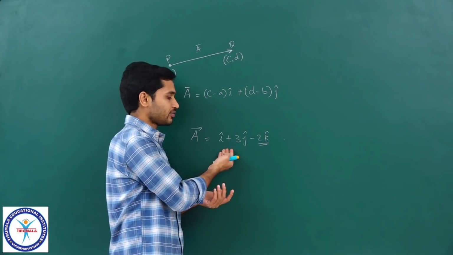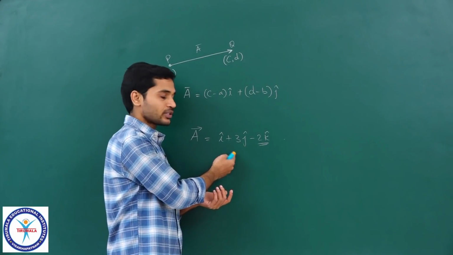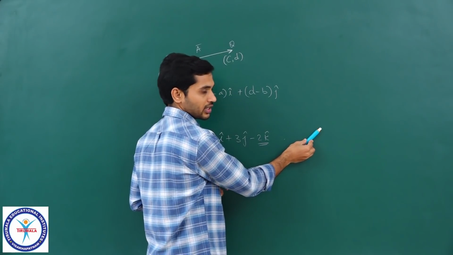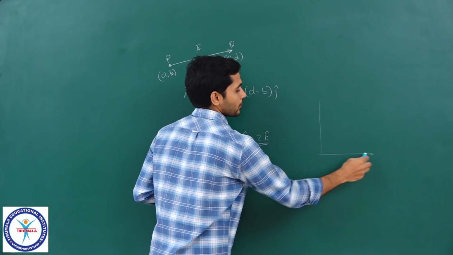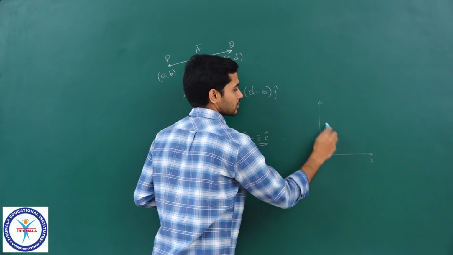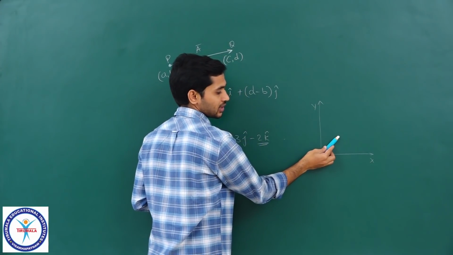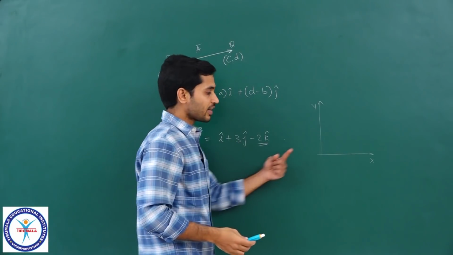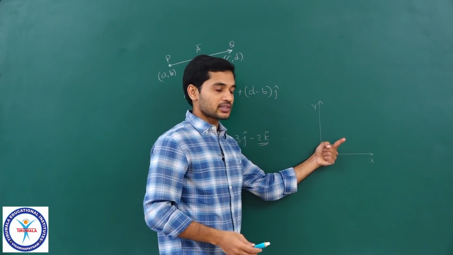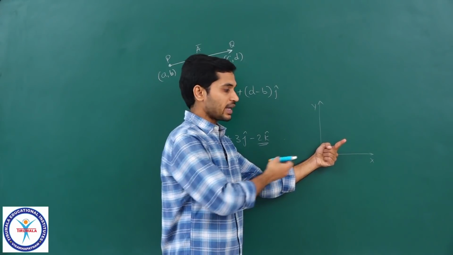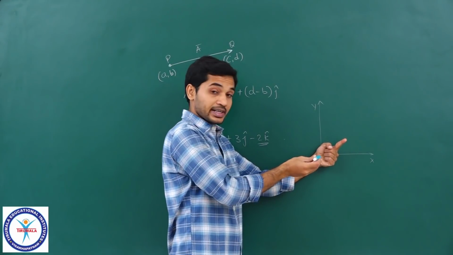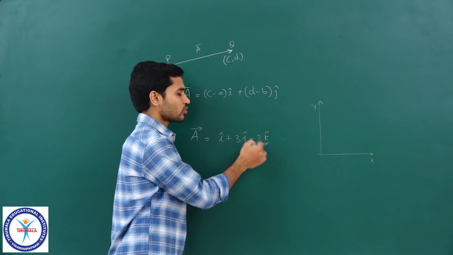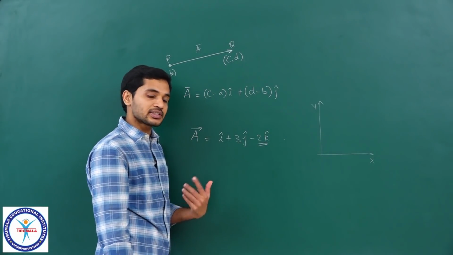Whether you are given a vector represented only in i cap and j cap, so if the vector is in this plane, in the xy plane like this, then it will have only 2 components, x and y. But if the vector is out of the plane, something like this, then it will have a component along x, along y and along z also. So that is what this third term means. We will discuss 3-dimensional vectors in the next class.